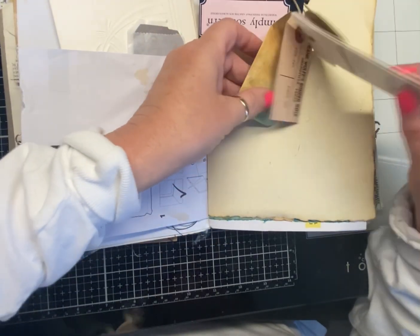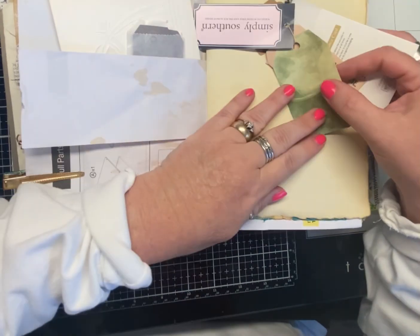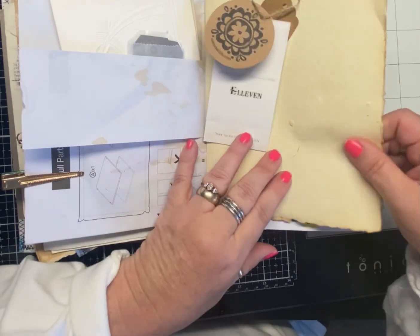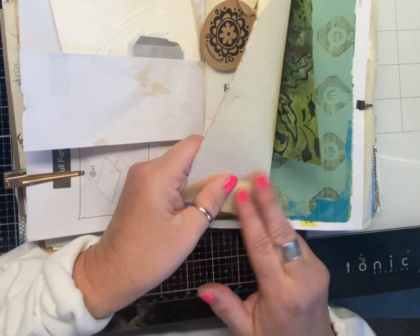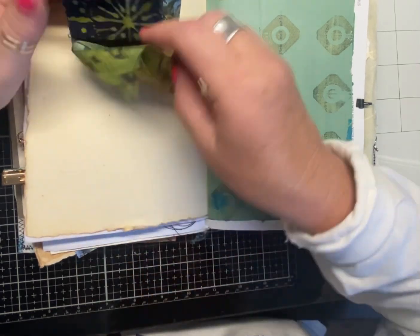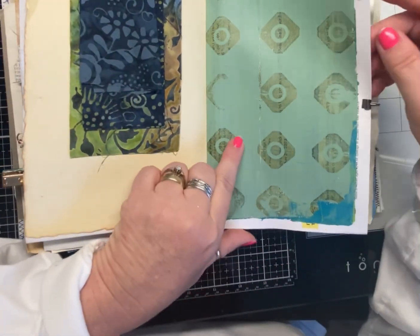I use these all the time. Oh, great. Is this one that you did? I'm not sure. These are great to use. Love the thick. What kind of paper is that? Like a homemade paper. Some more batik, my favorite. And it looks like we have a jelly print here with